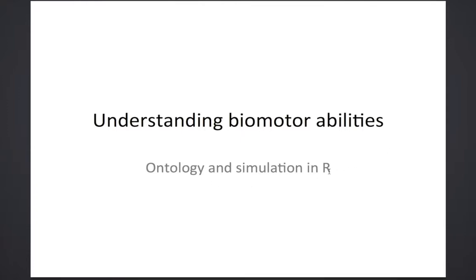So basically what I'm going to cover is my opinion regarding the biomotor abilities and classifications that are pretty common in sports science. This is, I think it's the right word, a pet peeve of mine, biomotor abilities. And since I started coaching, and even before that, since I started